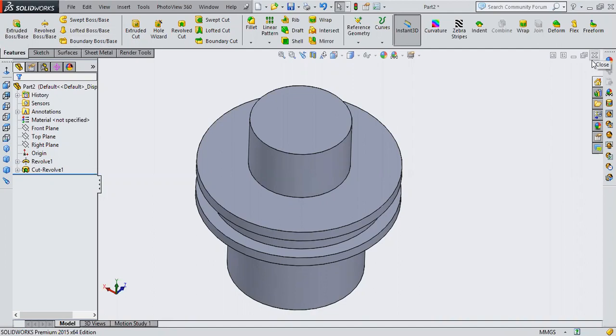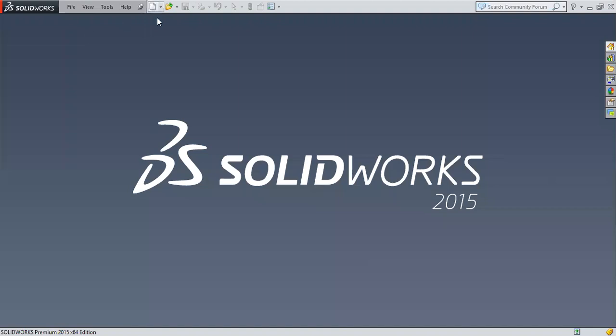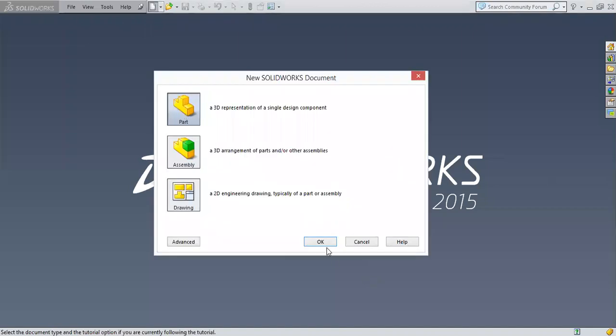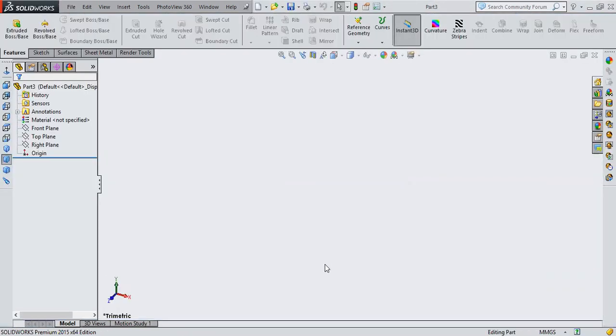So what is this swept cut and lofted cut means? Sorry, swept cut and swept boss means. Say there is a thing here. What I have told you, after 6 minutes the meeting will be ended. You just rejoin to it. Or should we rejoin now itself? Should we rejoin? No, wait. I'll just complete this swept cut and swept boss bar base so that the video for you guys will be a single video.